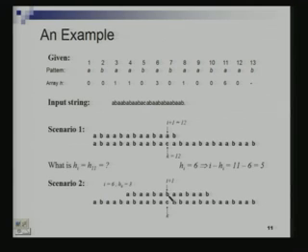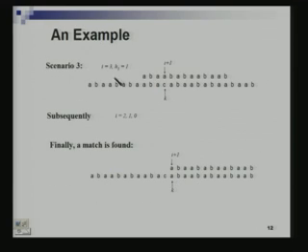At I की value 6 है, right? Mismatch 7th position of the pattern पर है. I की value 6 है. Now I go to 6 and I see यहाँ पे 3 लिखा हुआ है. So H6 is 3. Right? So now I am going to shift by I minus H6. 6 minus H6, 3 units. 6 minus 3, 3 units I will shift. Right? Because there is still a mismatch. So that is what I do. I shift by an additional 3 units and this is the situation I have now.